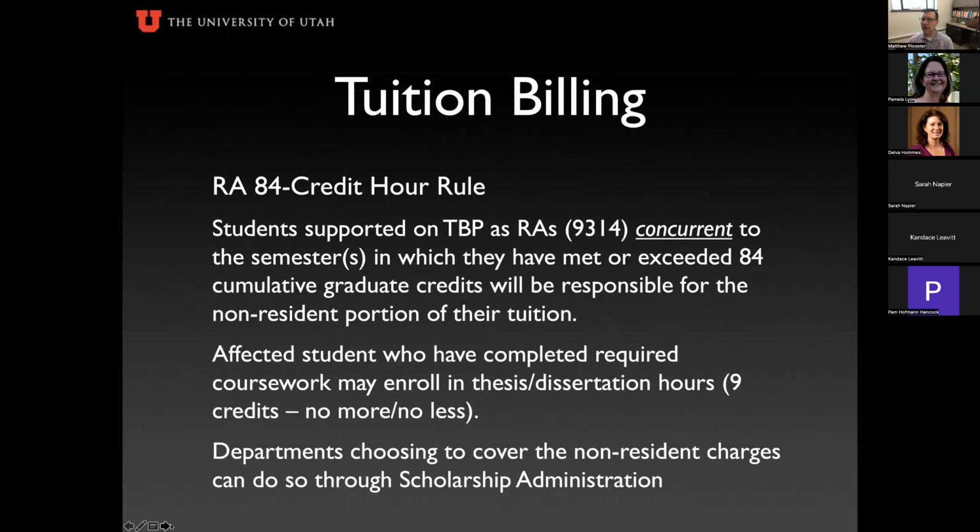And here's a little bit more about the 84 credit hour rule. Students who are supported as an RA, which means that they're on the 9314 job code, their payroll is coming off a project, off a grant. When a student is an RA concurrent at the same time that they are in a semester where they have either met or exceeded 84 cumulative graduate credits, the student will, from that point forward, be responsible for the non-resident